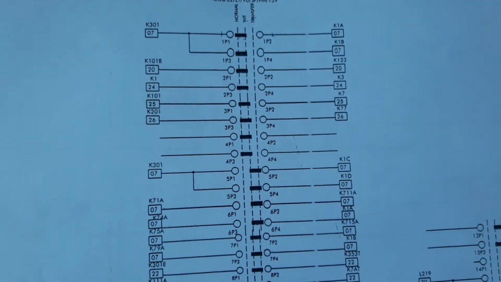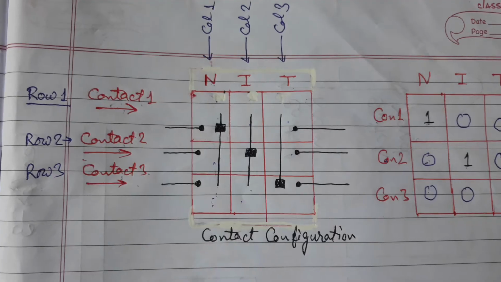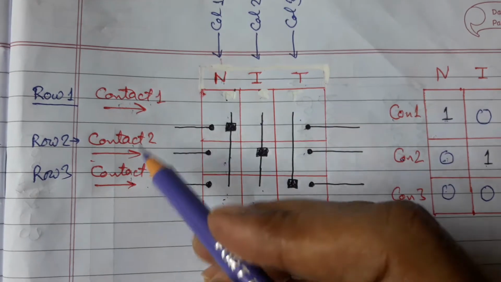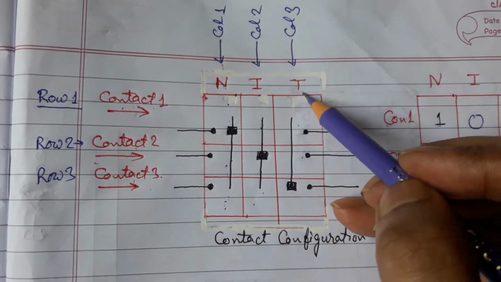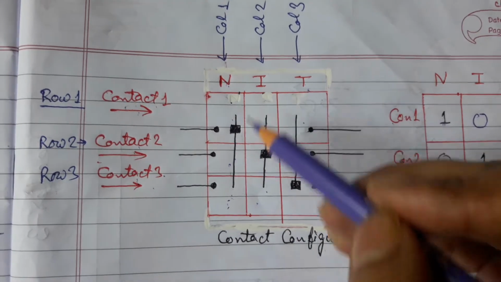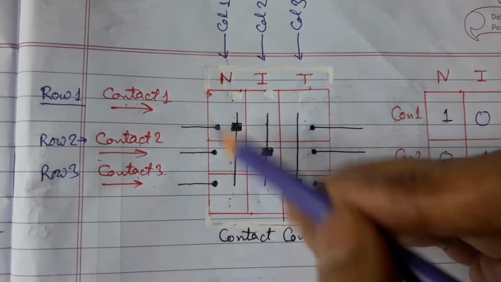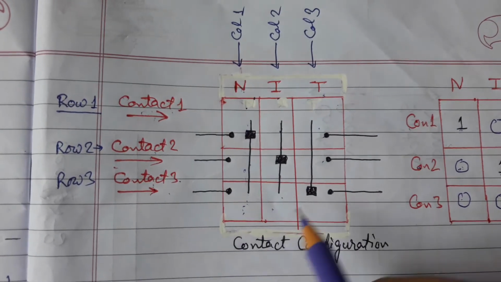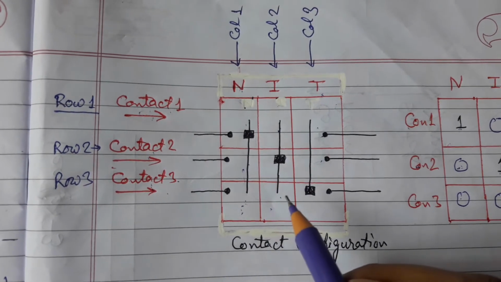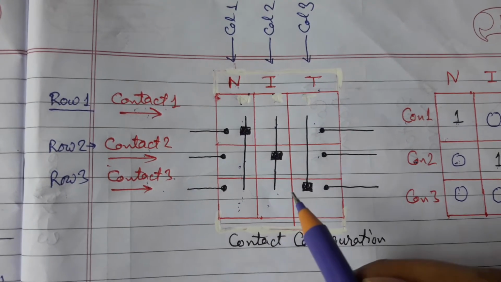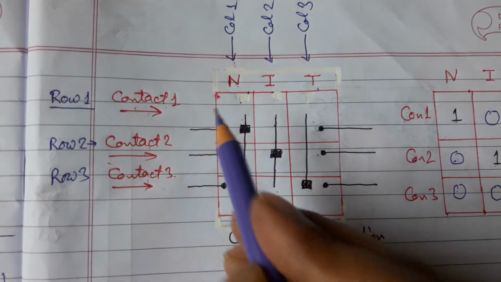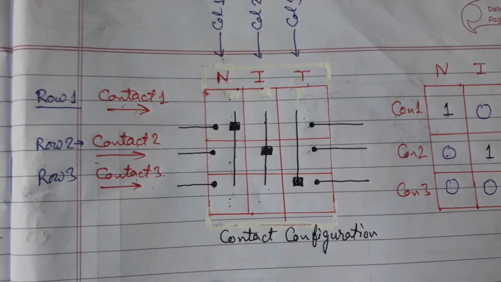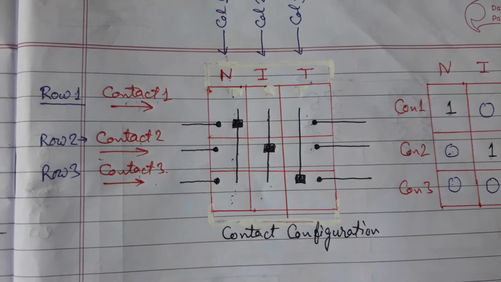Now we will use the matrix method to understand this better. For easy understanding, we take one switch that has only 3 contacts and 3 positions. This is our switch. Now we will draw a matrix on this switch, and remember that any contact has only 2 states. They are open or close, or in other words, make or break. So we will use a binary method to understand this.